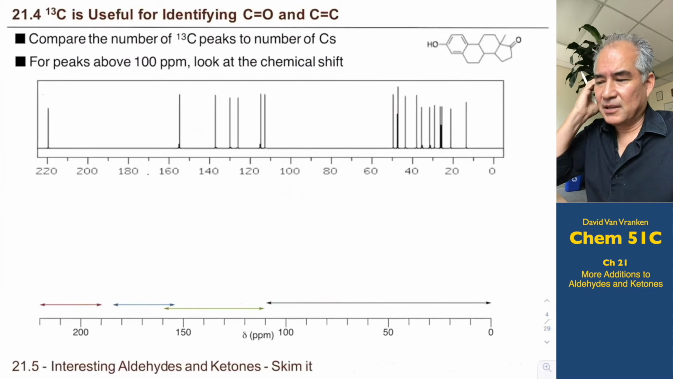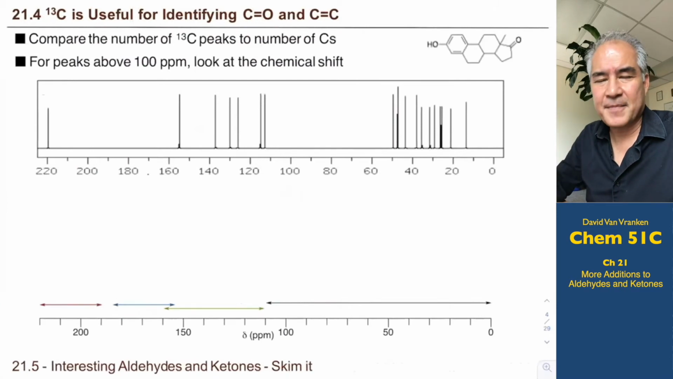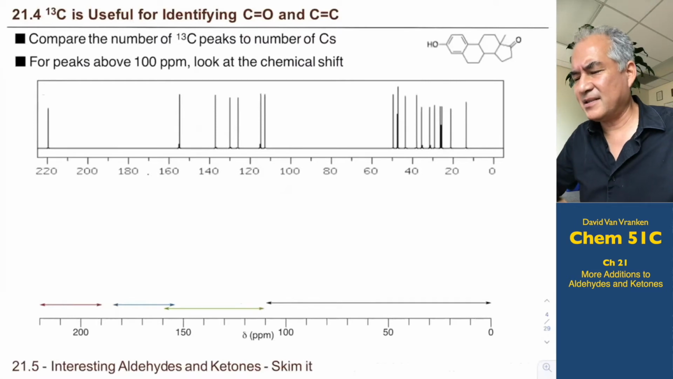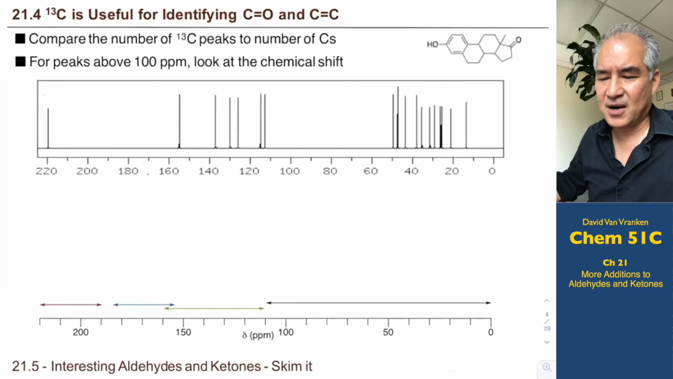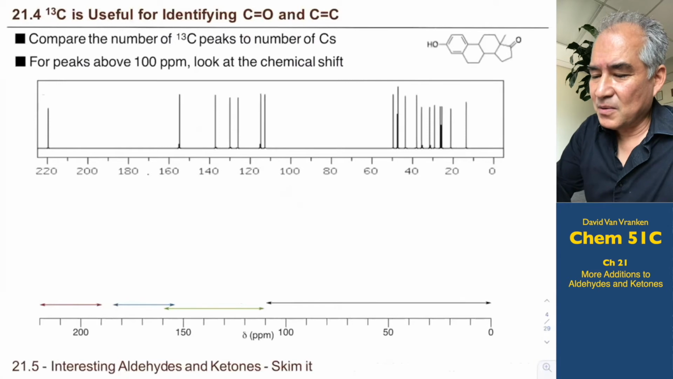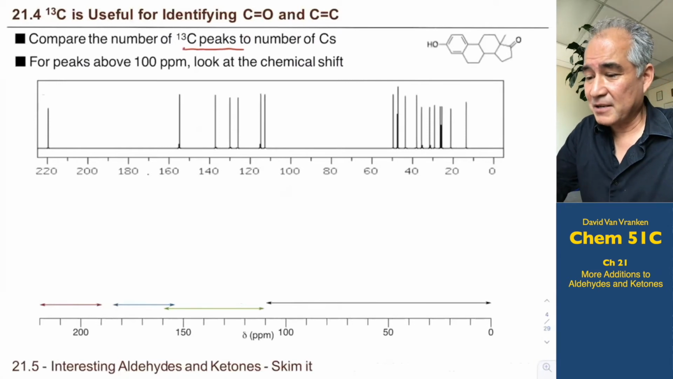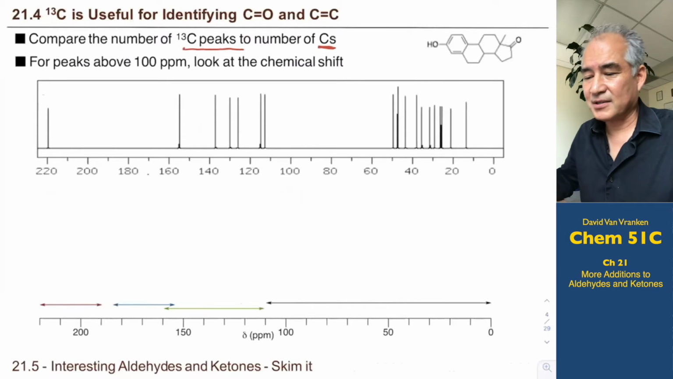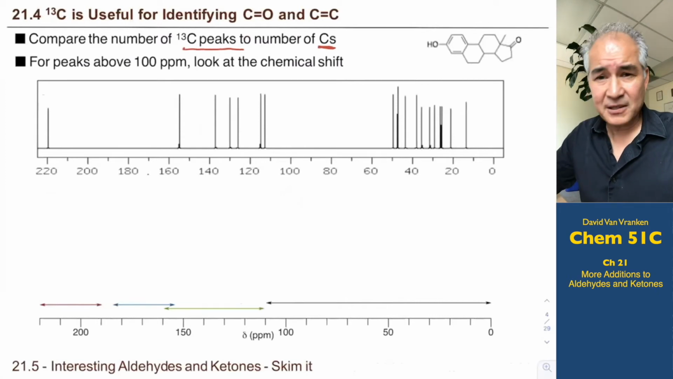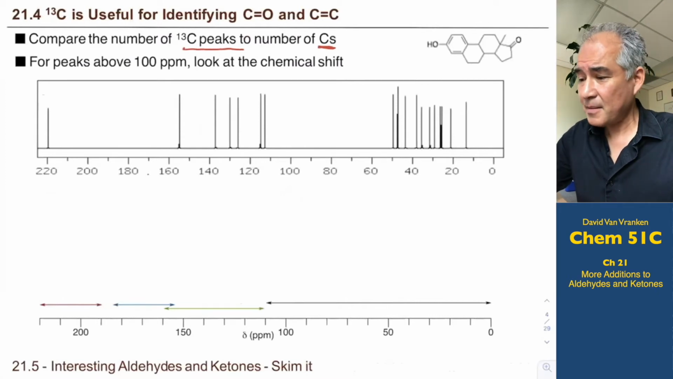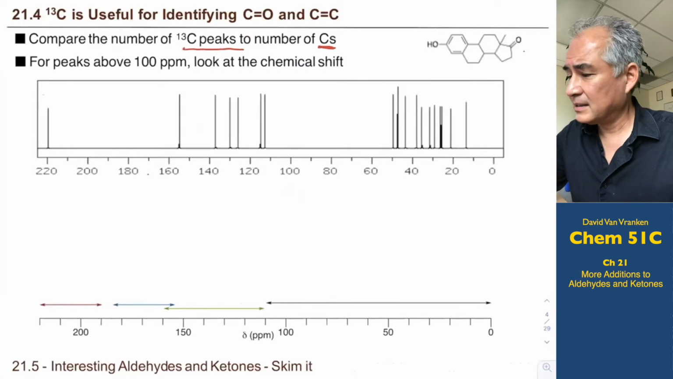Now, I want to spend a little bit more time talking about carbon NMR because the book doesn't emphasize it enough, and it's way easier than proton NMR. Generally, you compare the number of peaks in your spectrum to the number of carbons in the structure to see if they match. You'll have to look for symmetry, but here's an example of an